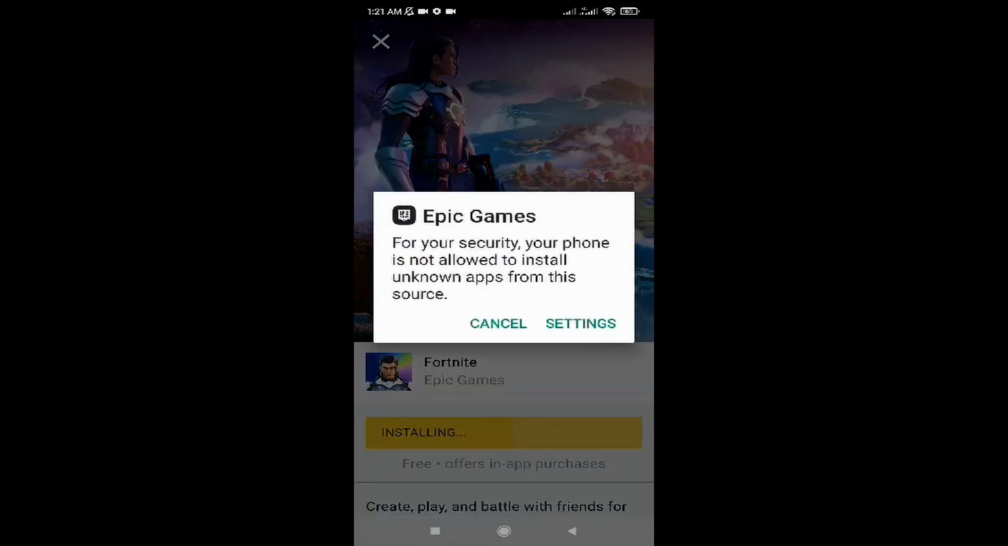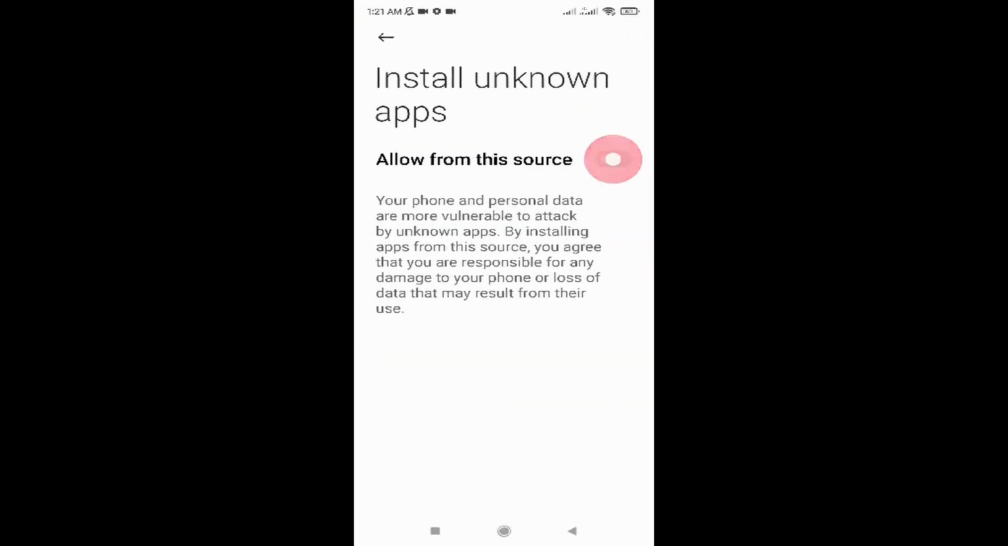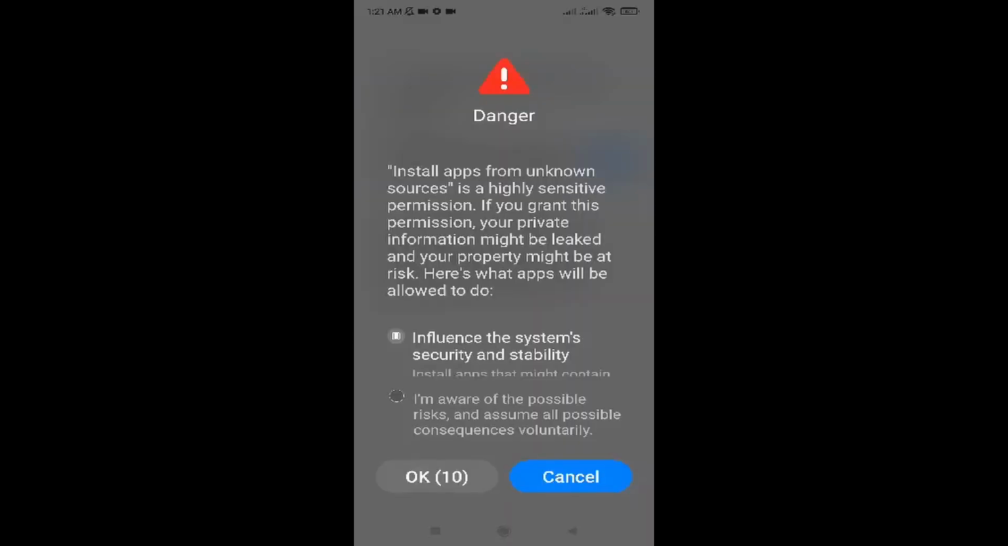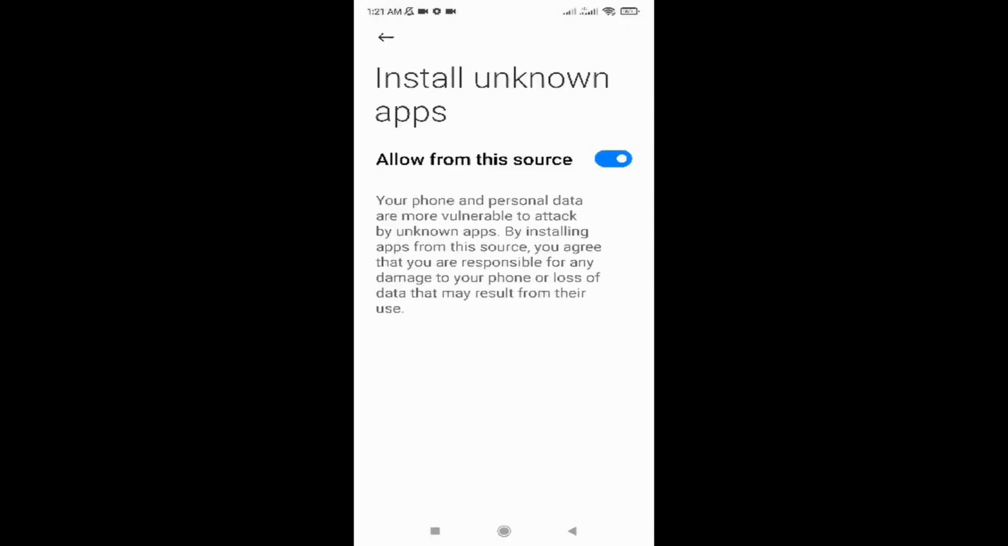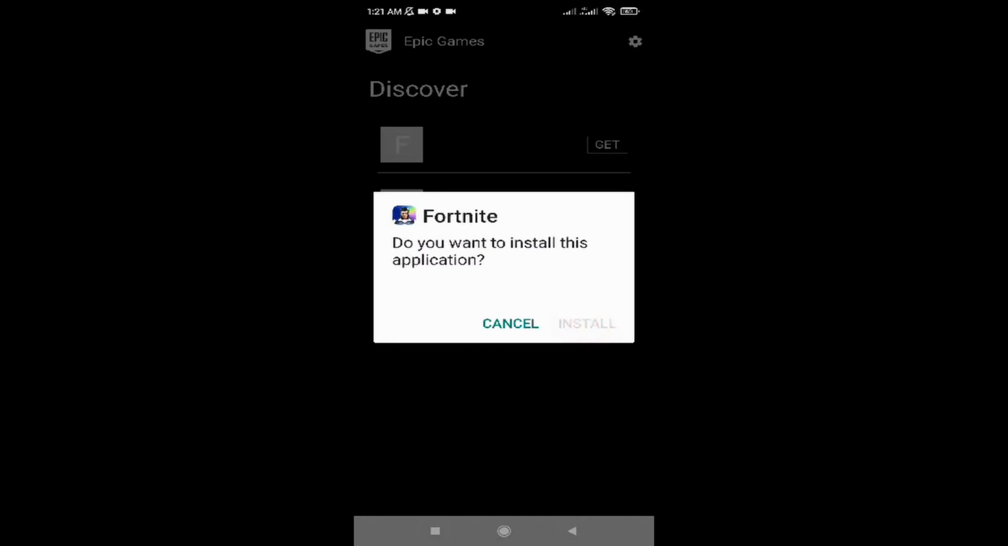Click on settings and click on this icon over here, allow this, and click on I'm aware. Select this I'm aware and click on OK like that, and go back to this page and click on install, and Fortnite will be installing to your phone. As you can see,